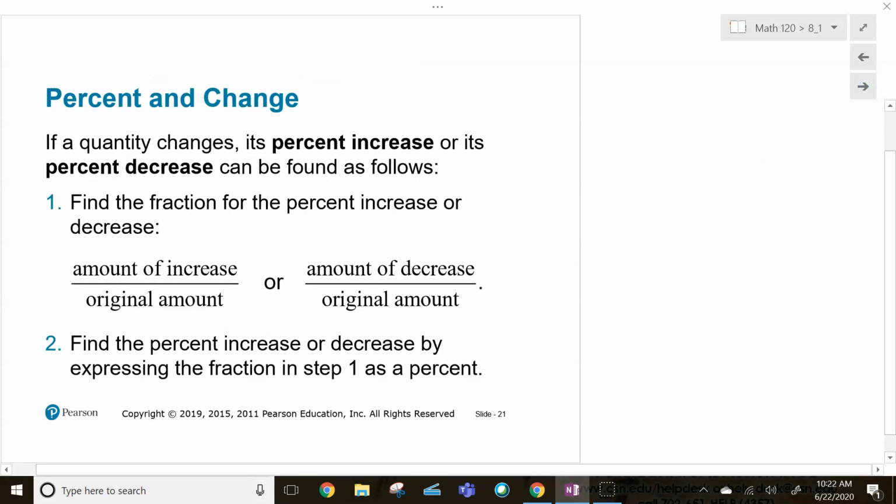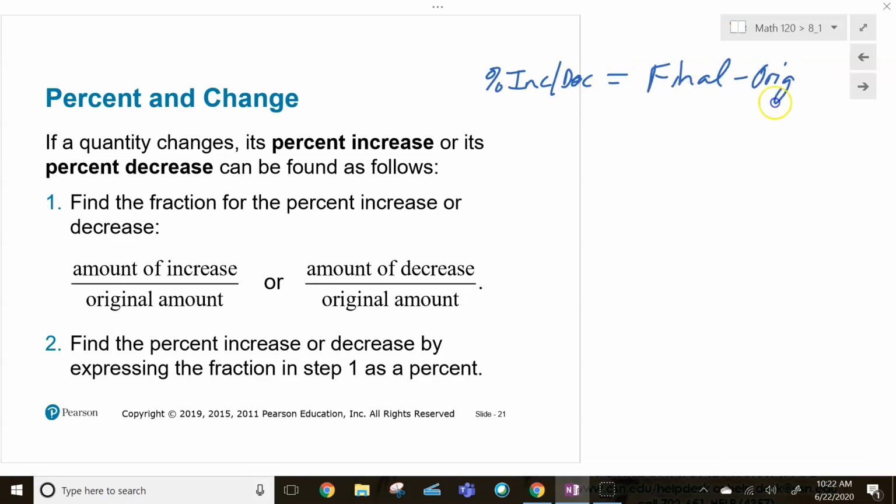All right, percent increase and percent decrease. I like to think about this. I like to keep the signs when I do this. So the percent increase or decrease, here's how I think about that. It's the final amount minus the original amount, and you're comparing it to the original amount. That'll tell you if you've gone up or down in price, the percent increase or decrease. So for example,